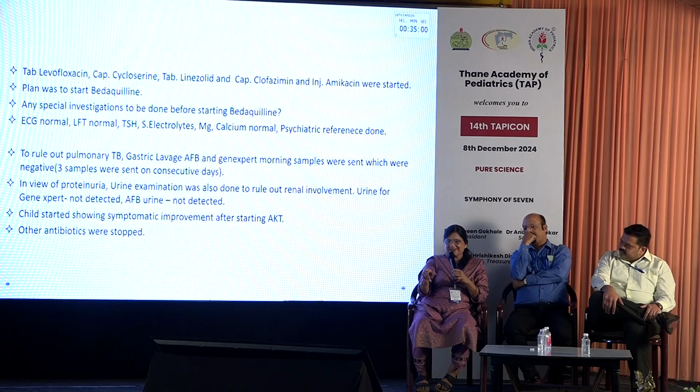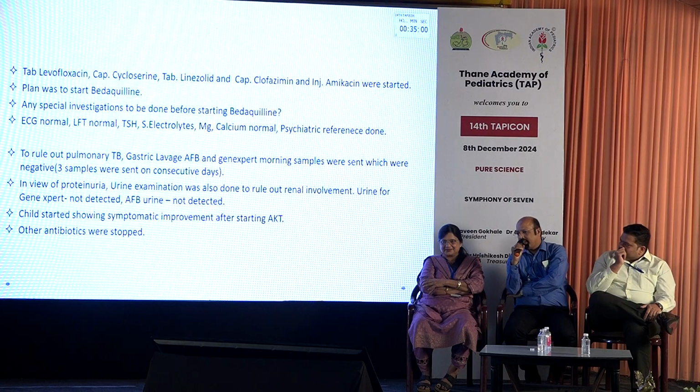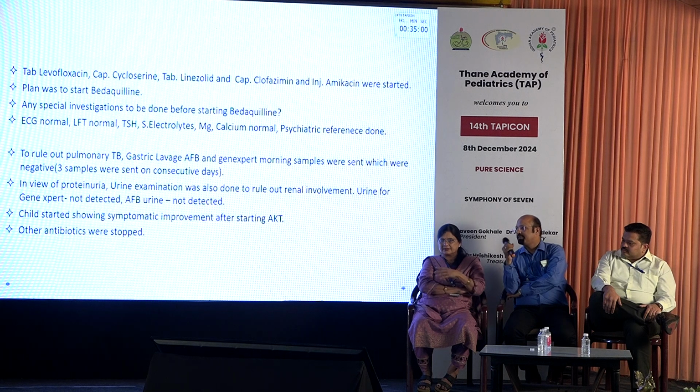Everything came out normal, but why was it not started in this child? Basically, bedaquiline is not freely available. It is available at the government institute, and once all your tests are normal, then only bedaquiline will be prescribed to the patient. So bedaquiline was yet to be procured from the government hospital. The other drugs are available in other pharmacies, so that's why bedaquiline was awaited and other drugs were started. I think we could start on the 6th or 5th day of the AKT. For the first 5 days we could not procure because of a logistic issue, but we did start on the 6th day.